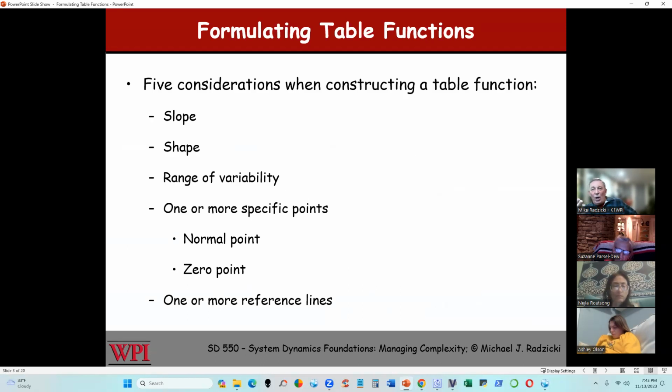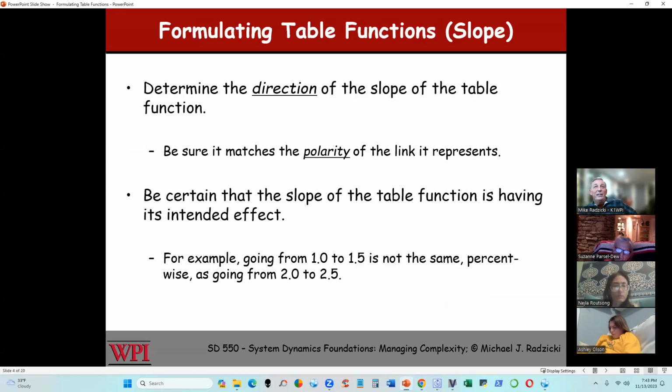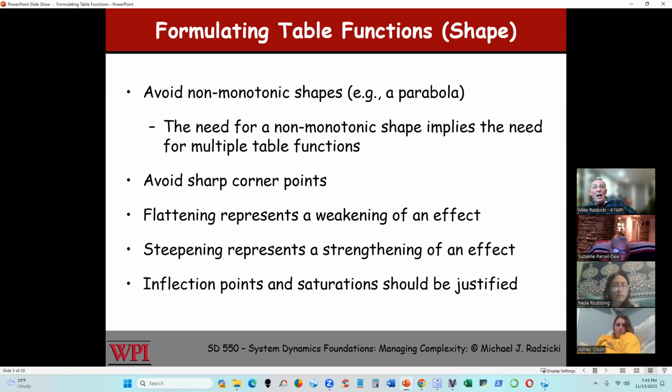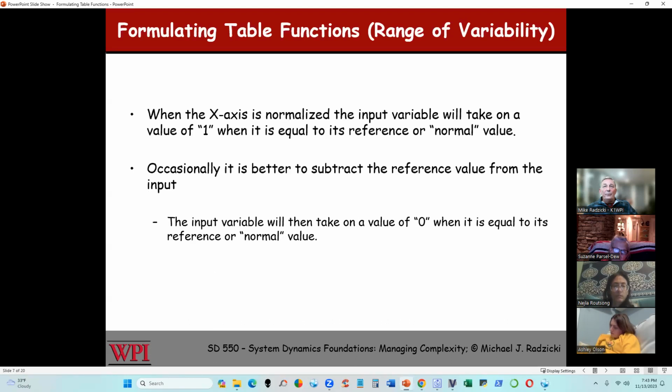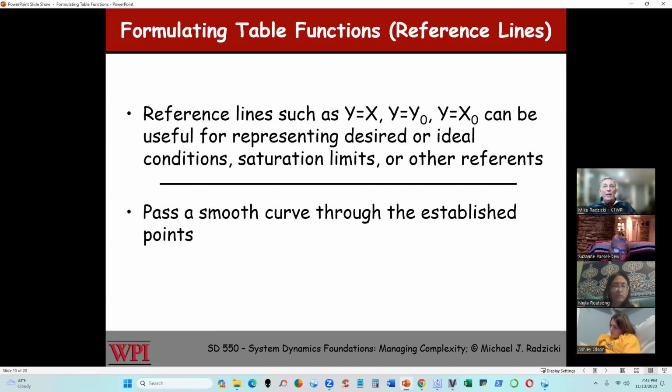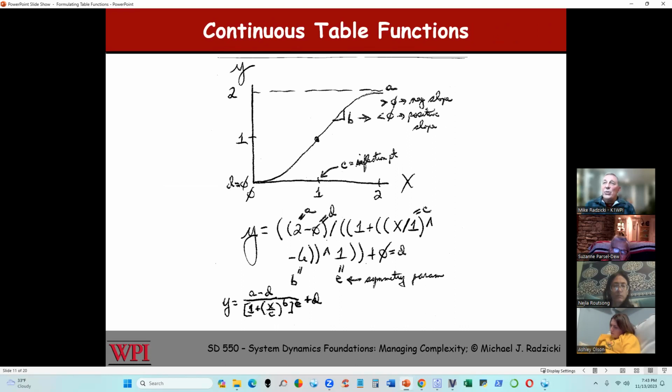So we kind of talked about all of this already. Talked about that, avoid sharp corner points. You're going to see in Stella, there's an easy way to do that. It's kind of neat. Okay, and the steepening and flattening makes a difference. We talked about is it aggressive or is it gradual? Kind of a repeat here, this stuff. Okay, so